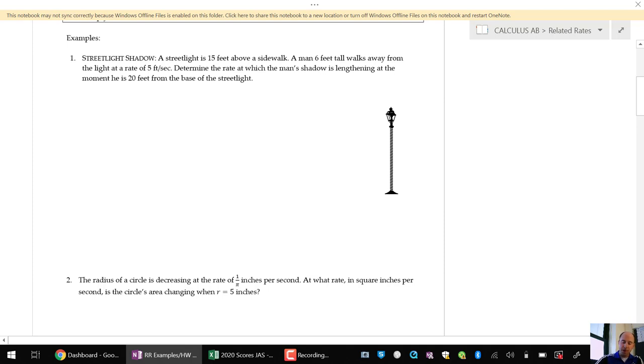So here's a lamp post, and it says there's a 6-foot tall man who's walking away from the light. So if we draw this, it sort of resembles a shadow problem from geometry. So we'll put the man over here, 6 feet, and the lamppost, the streetlight, is 15 feet tall. And let's see what we know here. There's a shadow here. The man's shadow is being cast down below. So let's call that shadow,